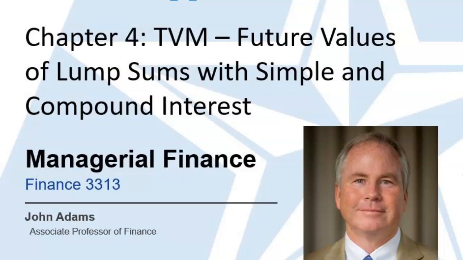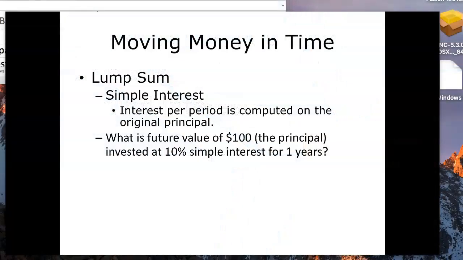Let's begin with computing future values of lump sums with both simple and compound interest. So a lump sum again is a single amount, and simple interest is interest per period that is computed on the original principal. So if we wanted to know the future value of $100, and that's the principal, invested at 10% simple interest for 1 year,